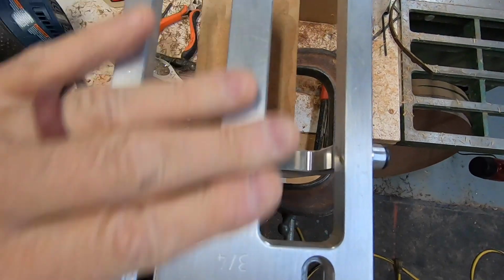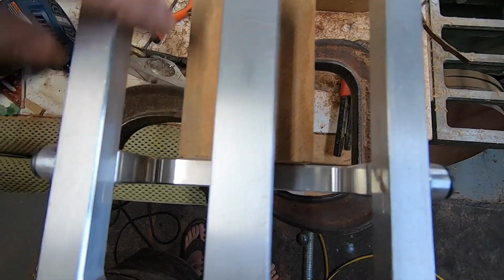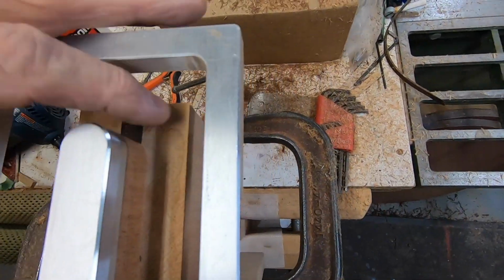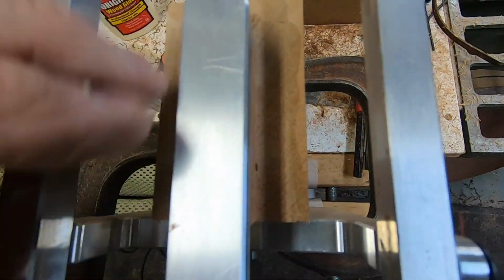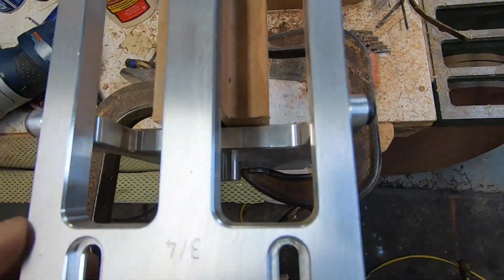Right, so your router's up here and it's just following this pattern here, and it can't go any farther out than that. It gives you something to write on here, out here with your router. All right, a little bit of a router mark right there. That'll sand out or file out. You got to have some fitting going on here anyway. All right, so then